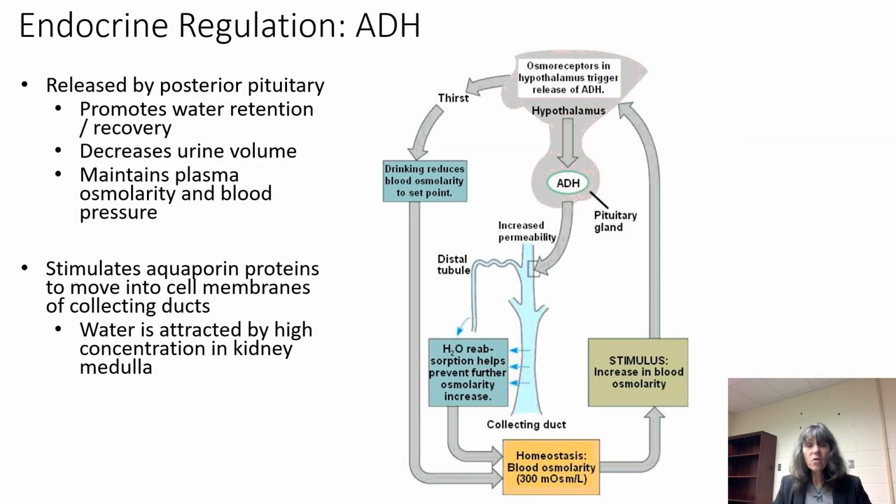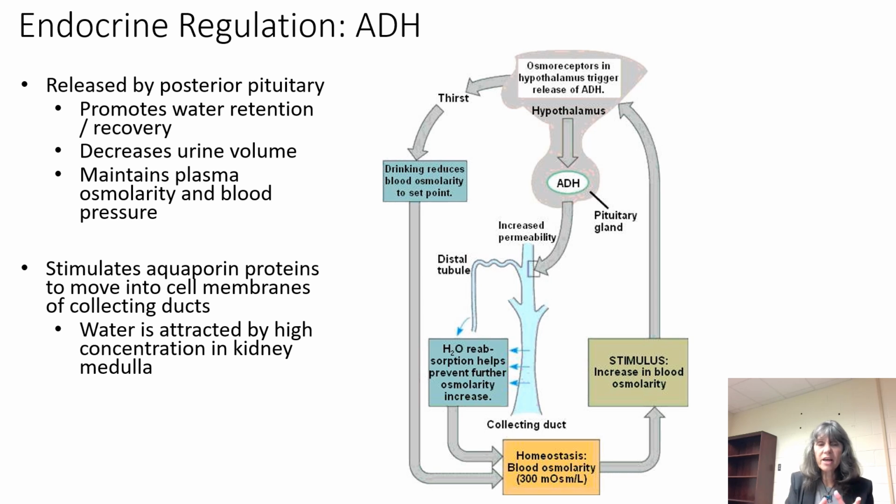We know that antidiuretic hormone can help retain and recover water, because when osmolarity increases, if there's too much solute in blood as blood is flowing by the hypothalamus, there are osmoreceptors in the hypothalamus that would detect that increase in osmolarity and cause the hypothalamus to have the posterior pituitary secrete antidiuretic hormone. Antidiuretic hormone will stimulate aquaporins to move into the cell membranes of collecting ducts, and the water will be reabsorbed